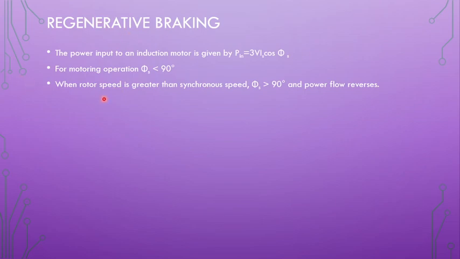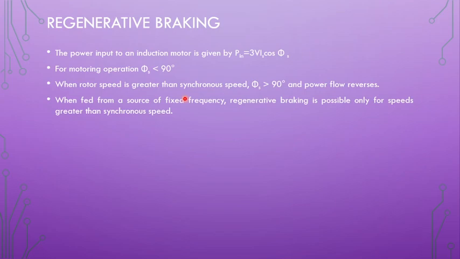Okay, so the primary factor here for regenerative braking to be achieved, that is feeding the power back to the grid, is only when the rotor speed is greater than the synchronous speed. This can be done by two methods: either by increasing the rotor speed above the synchronous speed, which cannot be done on its own, so we have to use some external means, or we can reduce the synchronous speed when the rotor is rotating, and because of inertia, for a small duration the rotor speed will be greater than the synchronous speed, and it is possible to go for braking action.